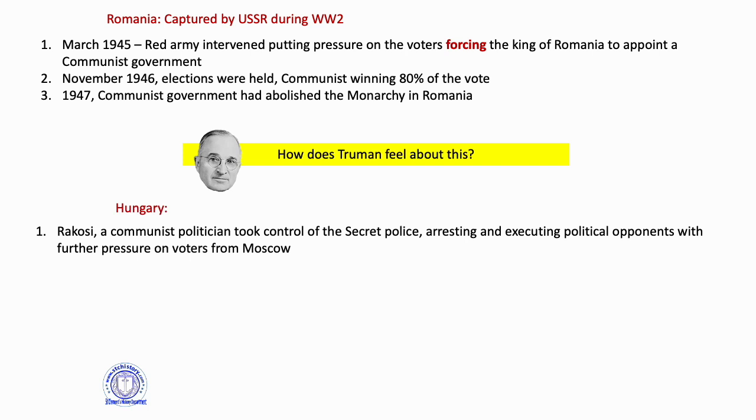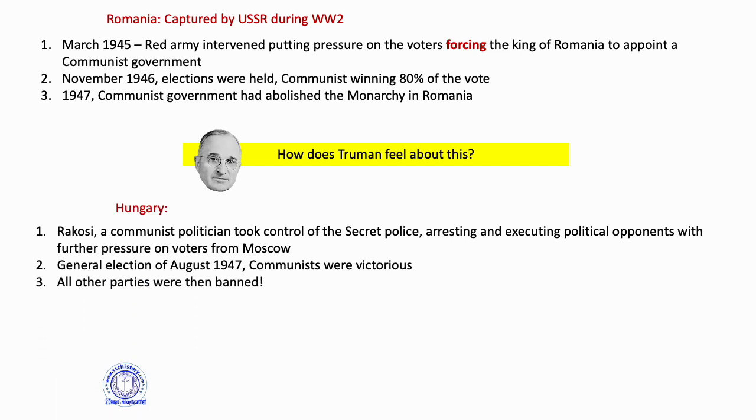And it goes without saying that the elections, in inverted commas, in Hungary go exactly as planned. So in the election of 1947, he sees the communists winning quite easily. And then, to make matters even worse, all other parties have been banned. So very similar to the Nazi elections, isn't it, after they win in 1933. So Hungary, again, has fallen, another country to fall into the satellite states.